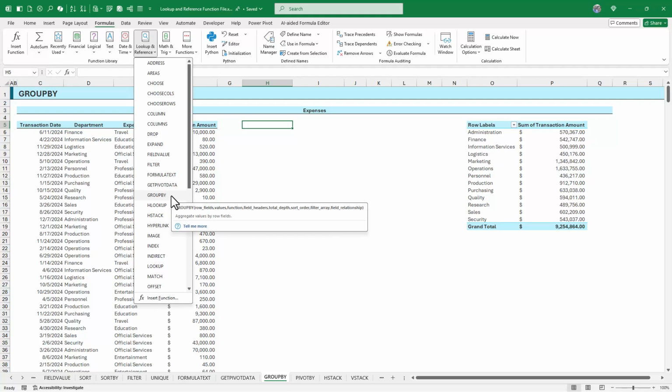Now, this is another example of a function that I do not often use the dialog box for, especially here because you're going to see that something that is entirely fine to do is actually treated as if it's an error in the dialog box. We'll see that here in just a second. So I'm going to click on GroupBy here,